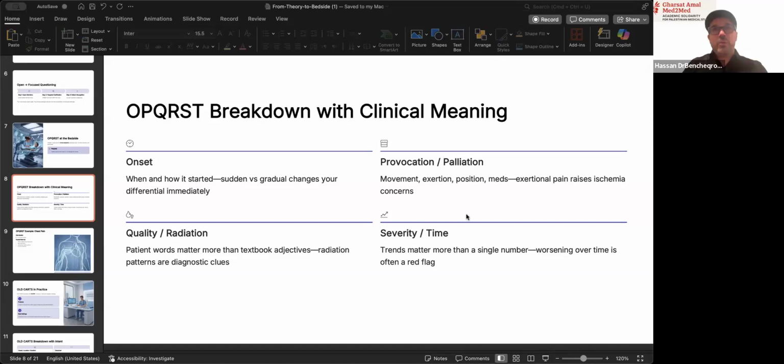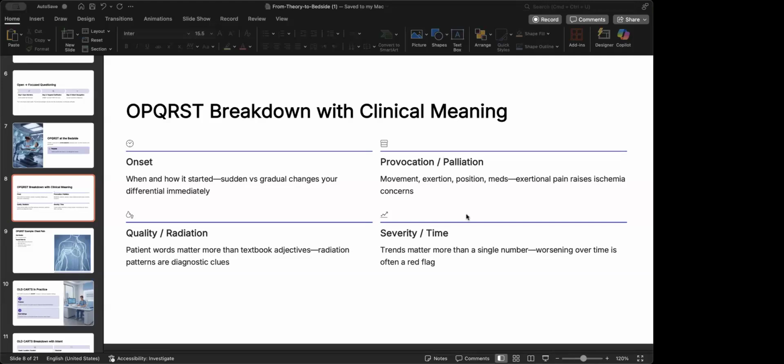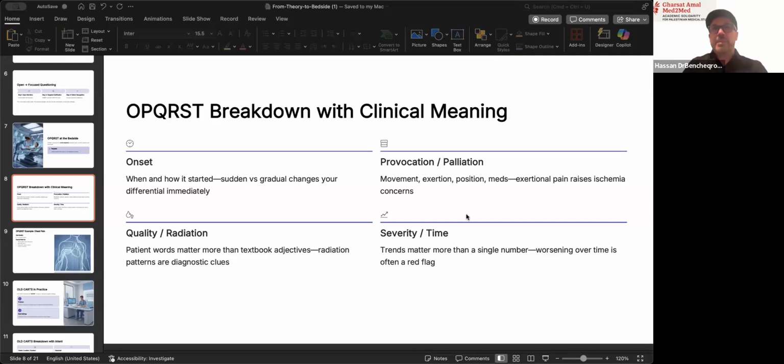So when you tell me, what about when you lift something? Okay, what about if I lift something? Well, when you lift something, do you pass out? That's not the same as when you lift something, does the pain get worse? Or when you lift something, do you find that you cannot lift it? Or when you lift something, do you lift it only for a small period of time and then you drop? We need to make our questions clear.